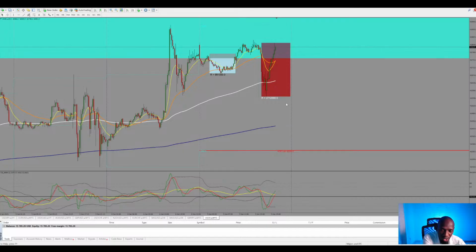So essentially what I'm saying is if price was to come here, it would signal a break of structure. Reason being, it would have taken out this low. So once it comes down here, then we will be interested in the highest point that it just came from. So assuming that price was to come back here, come from here and break this low, then this point right here will be of great interest to us,